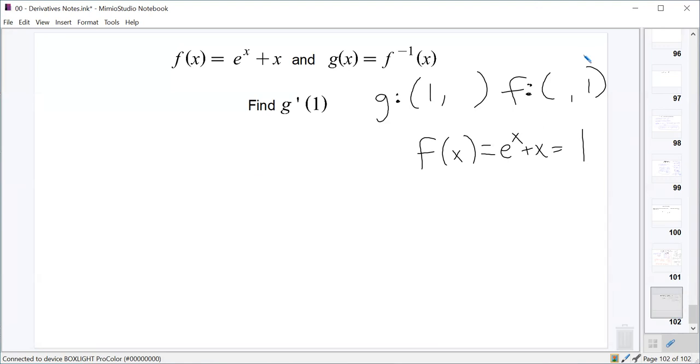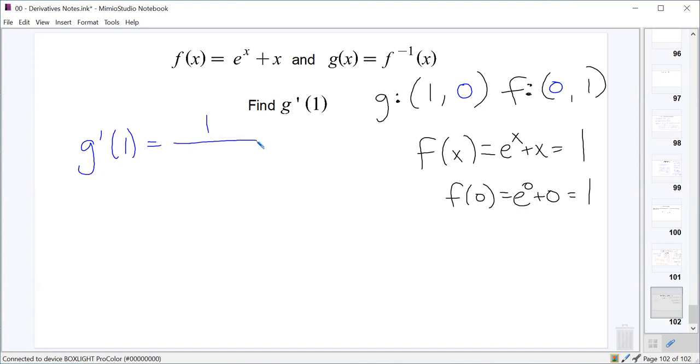Now, this isn't a real easy equation to solve. But if you think about just a couple of pretty straightforward numbers that you could plug into there, I think we'd see that if we tried 0, well, e to the 0 is 1, and 1 plus 0 is 1. So it looks like that works out real nicely. And we have g contains a point 1, 0, where f contains a point 0, 1. So if we want g prime of 1, g prime of 1 ought to equal 1 over f prime of